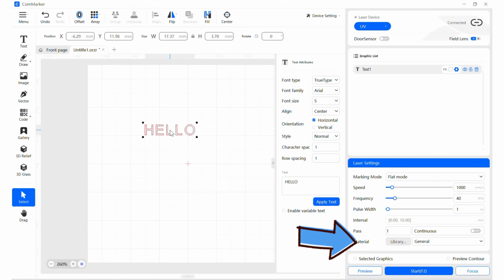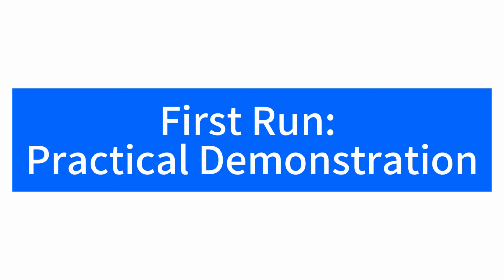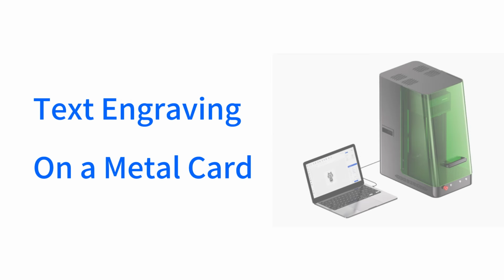Material library provides a starting point for setting engraving parameters. Preview draws a non-engraving outline to confirm placement. Focus adjusts the laser head to bring the beam to correct focal distance. Start launches the job. Let's do a first run to better understand how it works by doing a text engraving